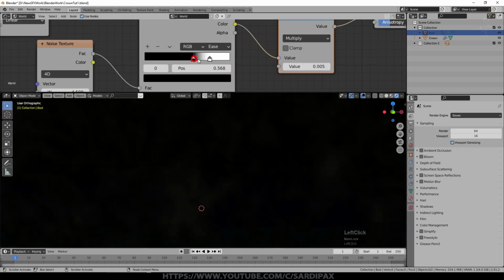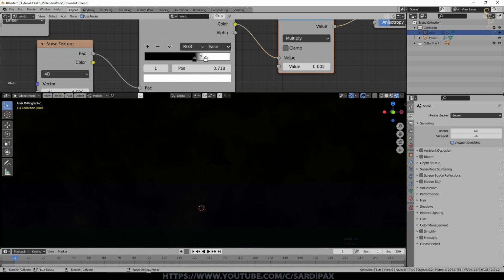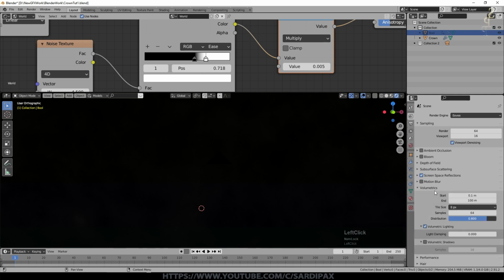And then we just need to adjust the settings here to get the effect that we're looking for, but because we're in EEVEE, we do need to tweak some of the EEVEE settings for this to show properly. So I'm going to turn on screen space reflections, not that that will make much of a difference at this point, but it will make a difference to seeing reflections of reflections in the metallic objects. I did use bloom as well, but I won't worry about that at the moment. But under volumetrics, I set this to 2 pixels, which is a much higher resolution than you would see for the default. I turned on volumetric lighting and shadows. I set shadows to 32 samples, and I put distribution up at 0.9.